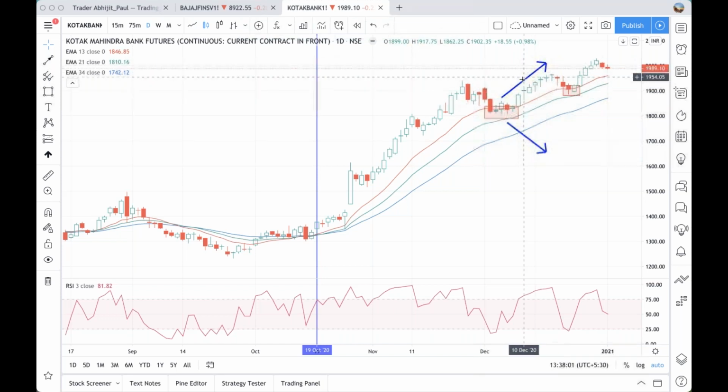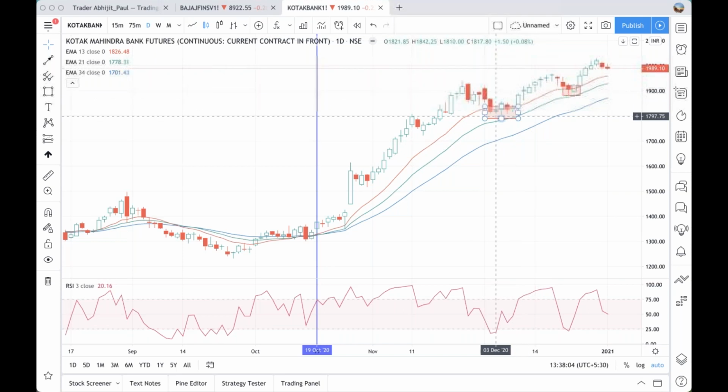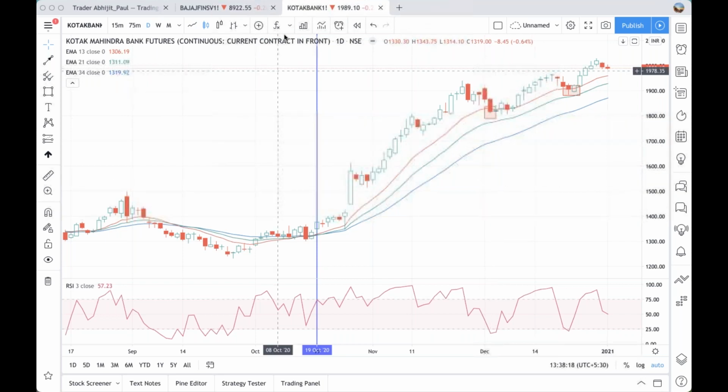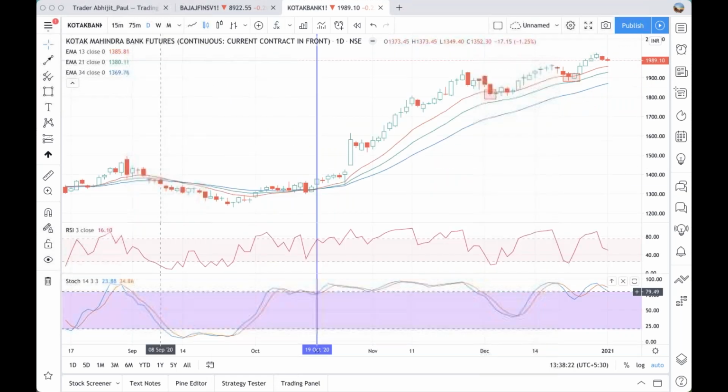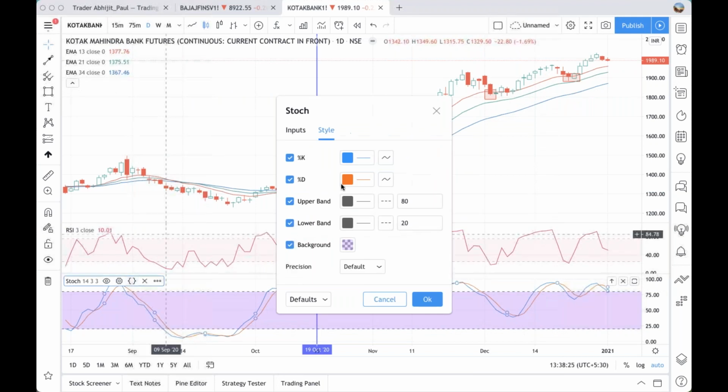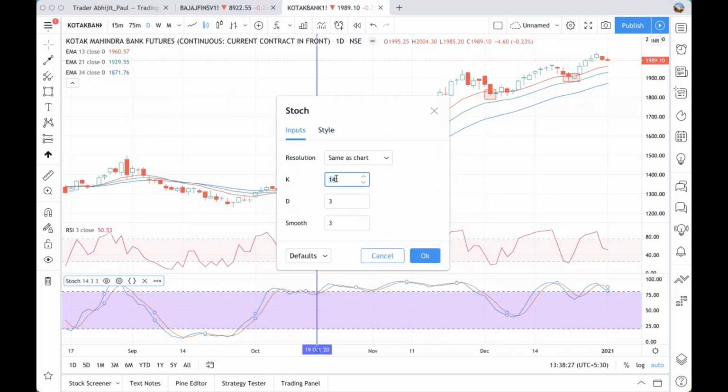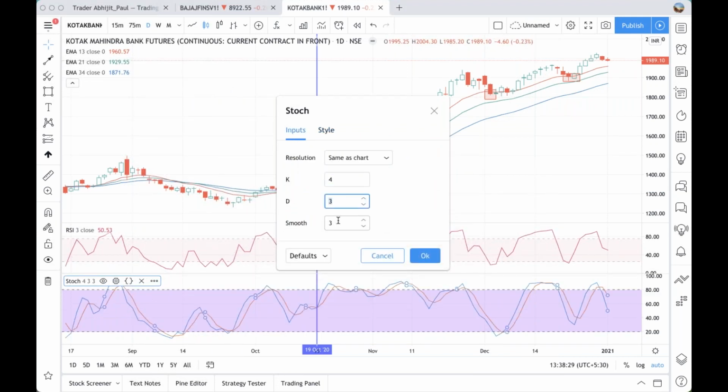So with this in mind, now that we have found a short-term oversold condition in a long-term uptrend, on this particular red day, this one, now we'll be looking for buying opportunities. What I shared with you yesterday was you just put in a stochastics, which is calculated based on range movement. And for that, choose a 4 period, choose a smoothing of 3 period and take a 2 period D,